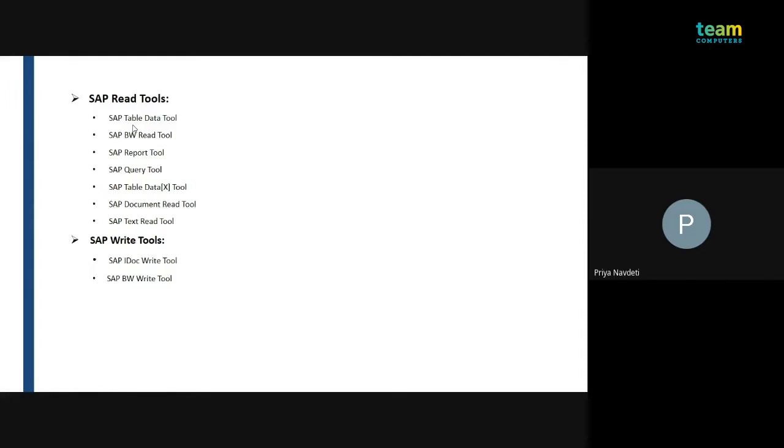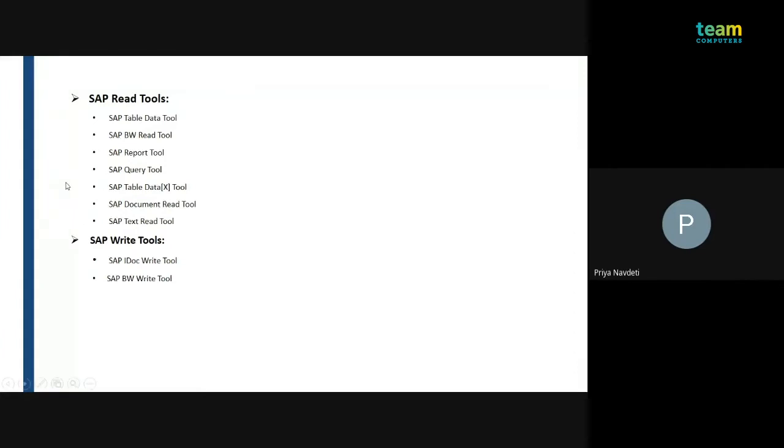If you are using an SAP BW system, then it will give you access to the SAP BW read tool as well as the table data tool and query tool.